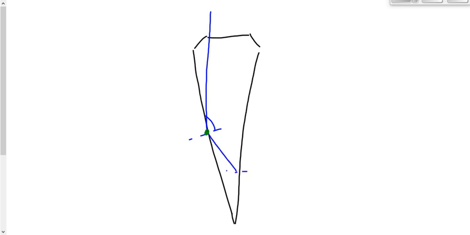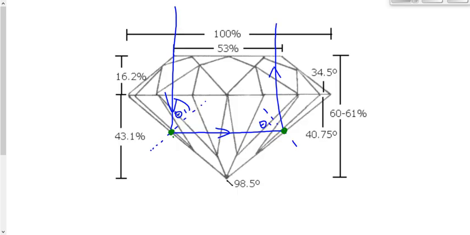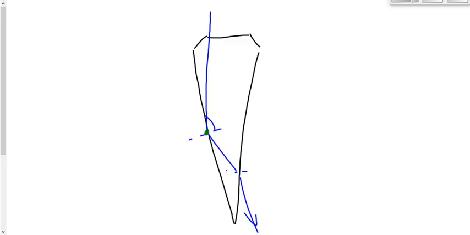Uh-oh, we're not bigger than the critical angle. So what's going to happen? It's going to refract out. Well, we got one reflection, one sparkle, but when it was cut properly, we had two sparkles. 2 for 1, 2 for the price of 1. Right? If it's cut wrong the other way, again, drawn to the extreme here, like this, short and stubby,